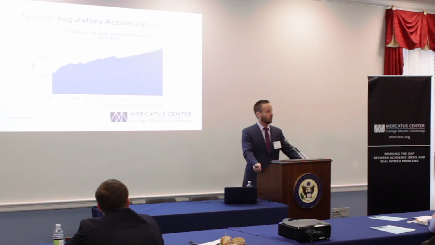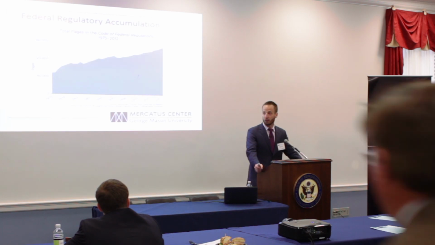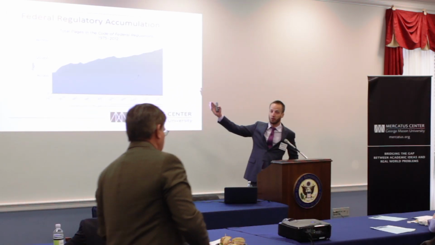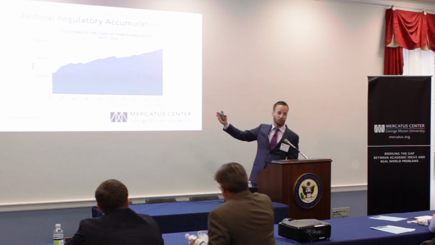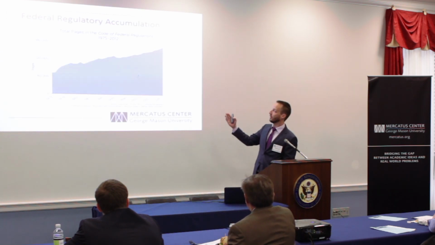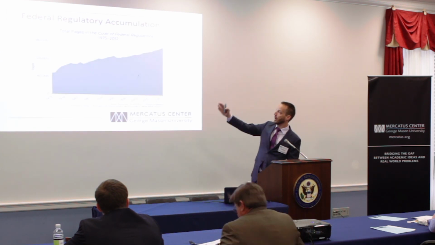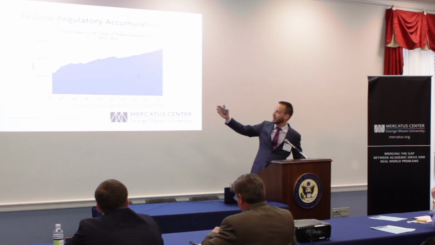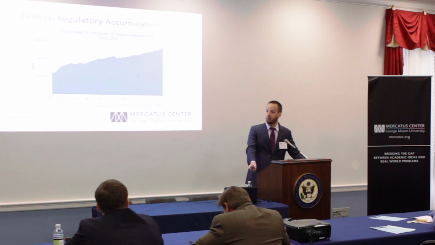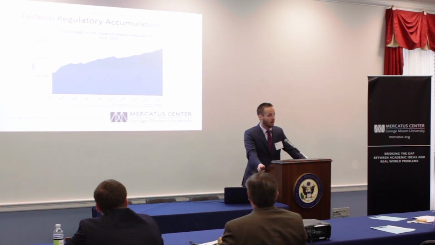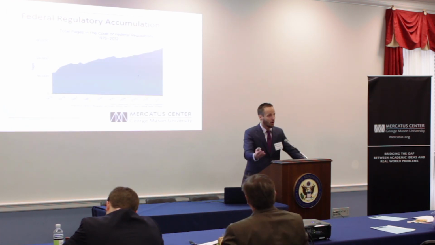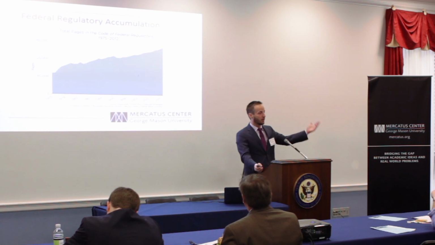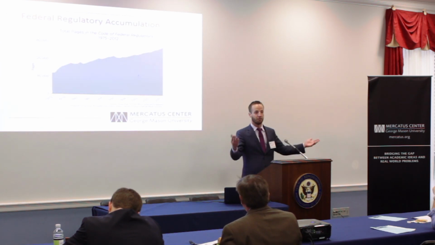cumulative effect of regulations? As regulations build up over time, which this graph is showing you, this is the number of pages published in the Code of Federal Regulations, which I will call the CFR. The CFR, each year from 1975 through 2012, we have growth from about 70,000 pages back in 1975 to over 175,000 pages now. In all of those pages, there's regulations that have costs and there are regulations that have benefits,